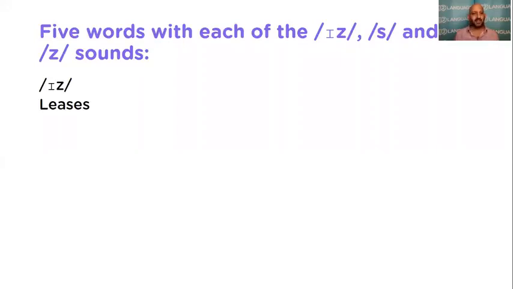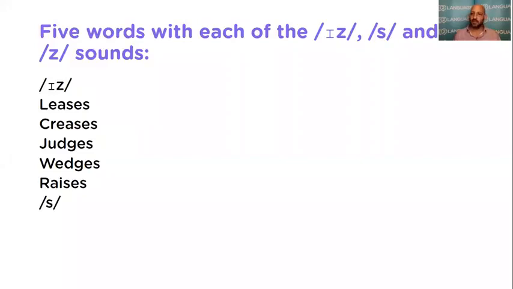The word is leases. To lease a property, to rent it out. He leases it. Creases, that line in your trousers when you iron them. Judges, he judges people all the time. Wedges, as in putting something to stop the door slamming, or potato wedges, which are delicious. And raises, to raise and to lower. It raises the average age.